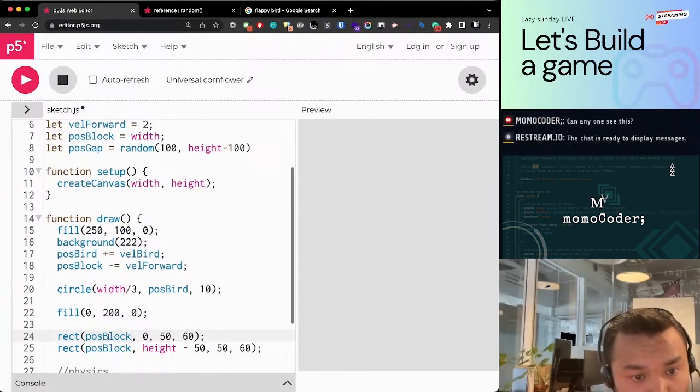So X, Y. Y is, so the top one will always be on the top, and its height is determined by the pose gap, right? So 0 to pose gap minus 50. That will make the gap 100 pixels,